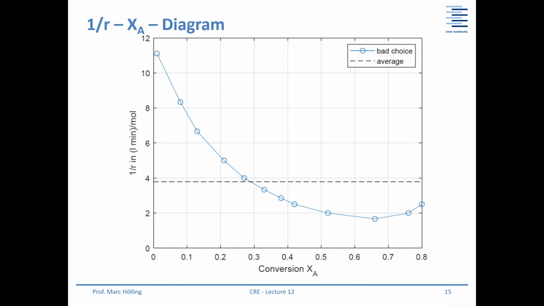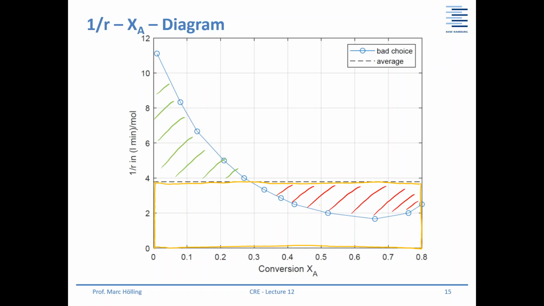So this means our 1/r XA diagram looks like this. And yeah, what you have to do is you have to find a rectangle that has the same area as the area below the blue curve, and this means again that this area should be the same size